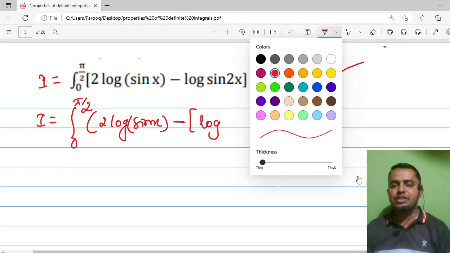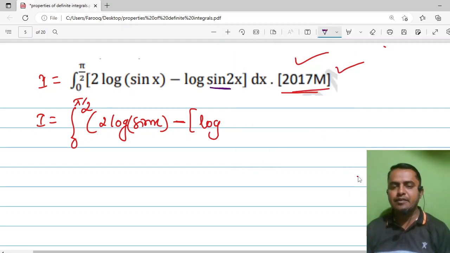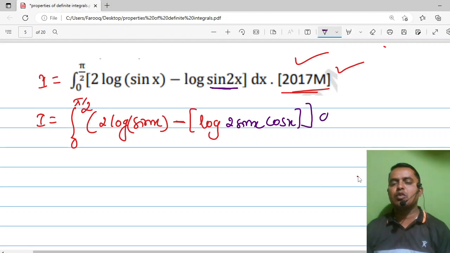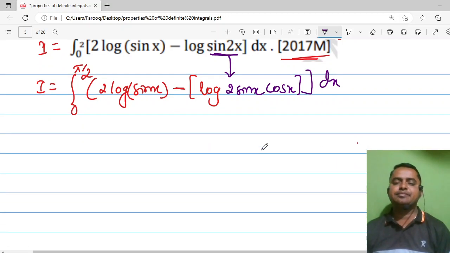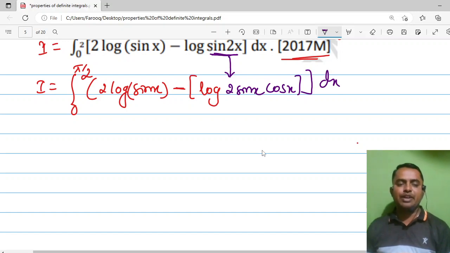So here, instead of this sin 2x, I am writing 2 sin x into cos x, whole bracket dx. Double angle formula: sin 2x can be written as 2 sin x cos x. So, next step, now applying the property of logarithm, that is